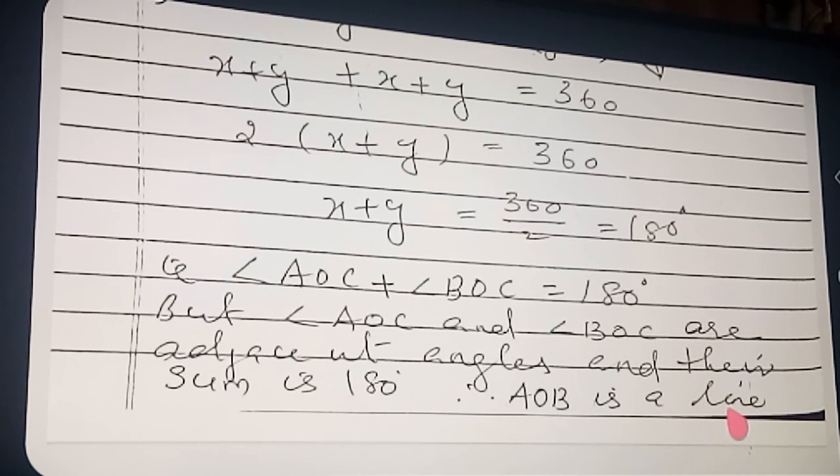Why is AOB a straight angle? Because angle AOB is 180. You have studied in the previous lecture: if any angle's measure is 180, that angle we call a straight angle. Then that forms a line. AOB is a line. Okay? Clear? Properly do each and every sum and see. Because this chapter, I told you, is a very important lesson.